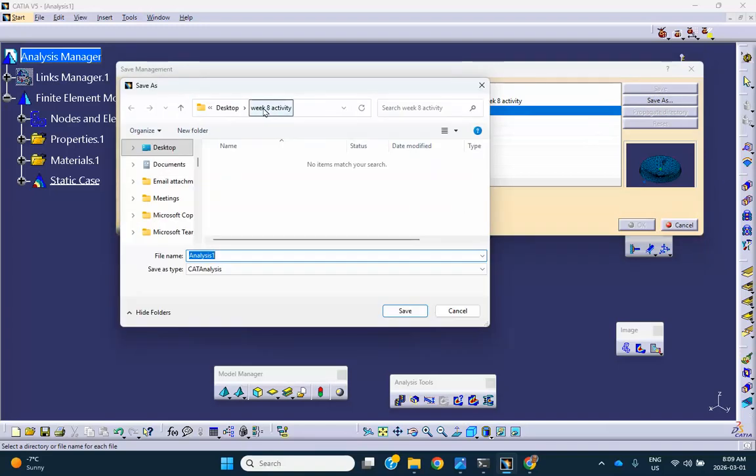Now don't put it here. Within this folder, create a new folder called full model problem, or activity 2. How about that? Activity 2. And then open